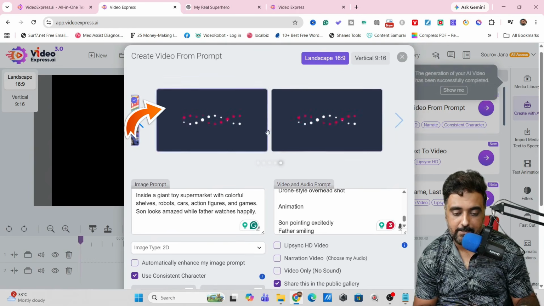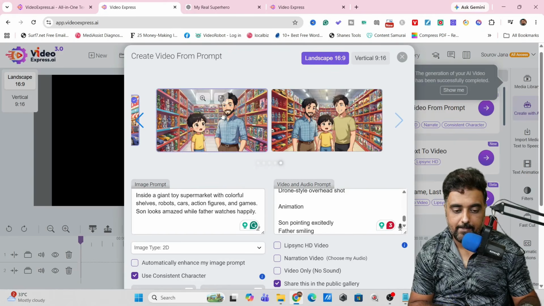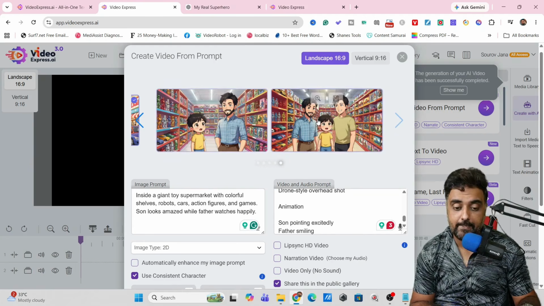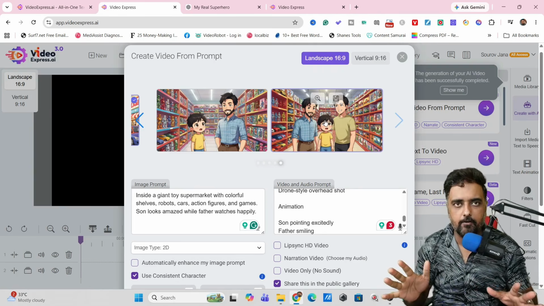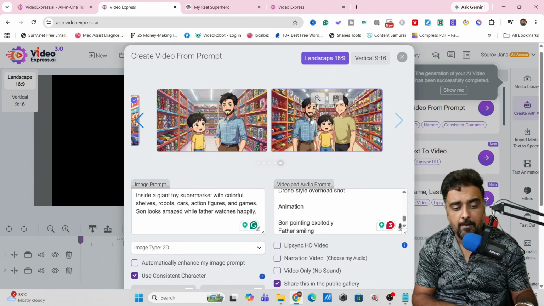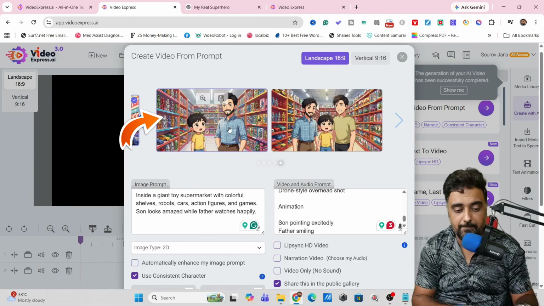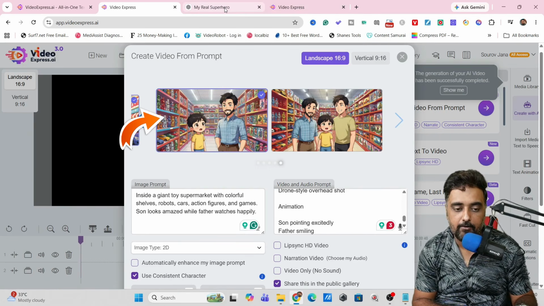So as you can see, the images are being created. So let's wait a little. Now, as you can see, it has come up with the 2 images option, right? And this one actually has an additional character that happens with any AI that you work around with. So you can always regenerate it, but then that's why it generates 2 images, because this one looks fine, right? So we are going to use this one,